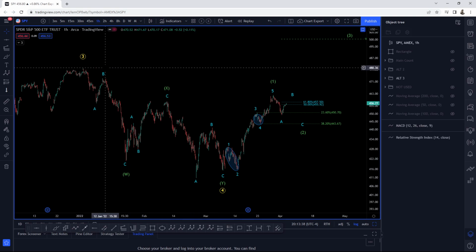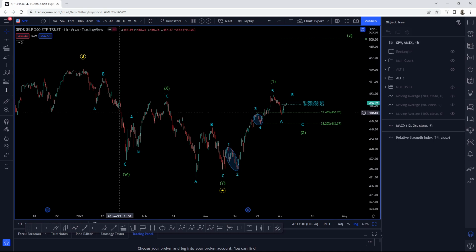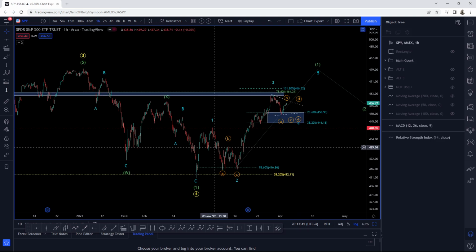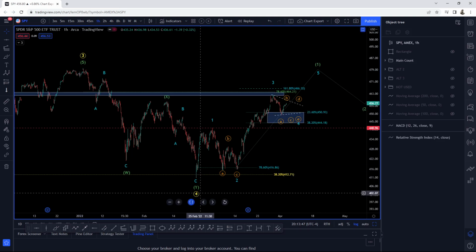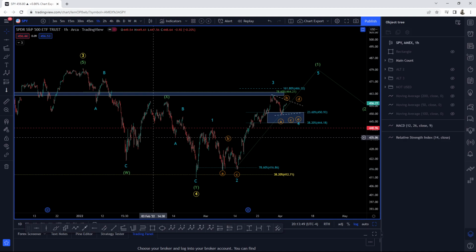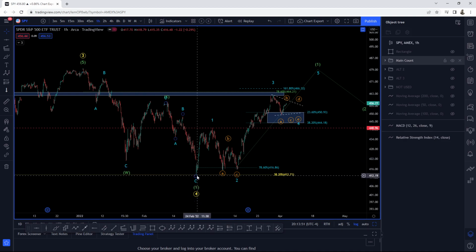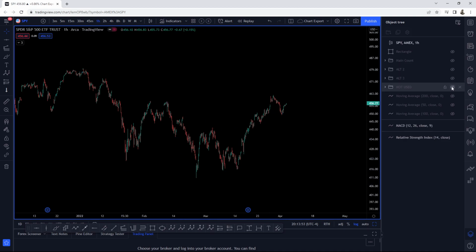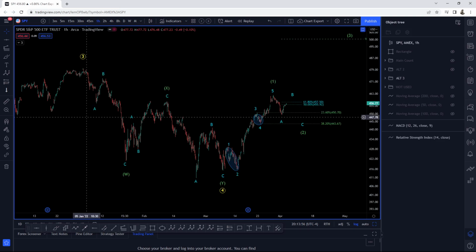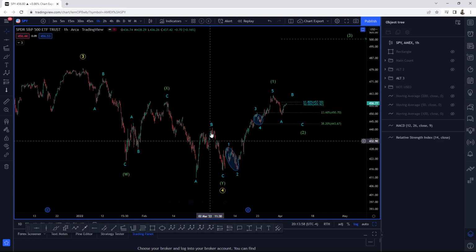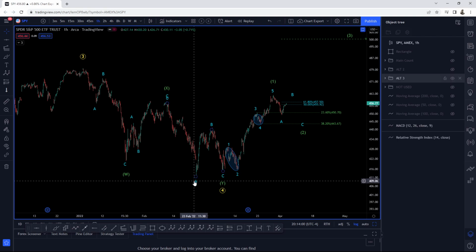Okay, so this count will suggest an ABC, a complex correction. Unlike the main count, this is just an ABC, right? Oh, sorry. They're both still a complex correction, but this one is considering the end here on February the 24th. My bad. So 3 waves down, 3 waves up, and then 3 waves down for a C wave to truncate before making a new low on the wave A. Okay, same deal. This is still valid, but it's forcing it just a bit.